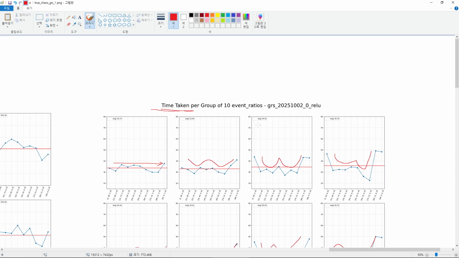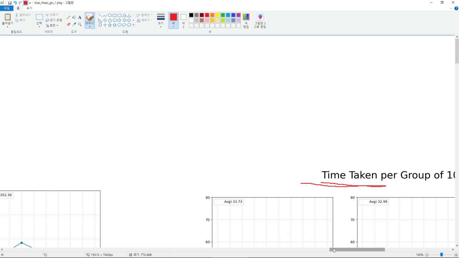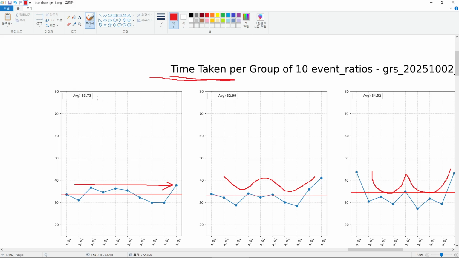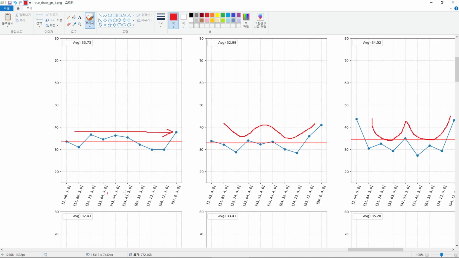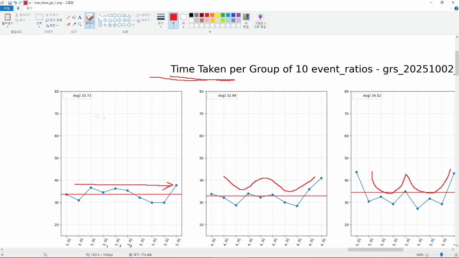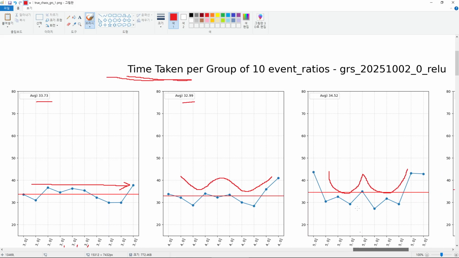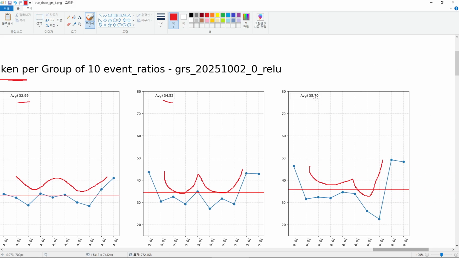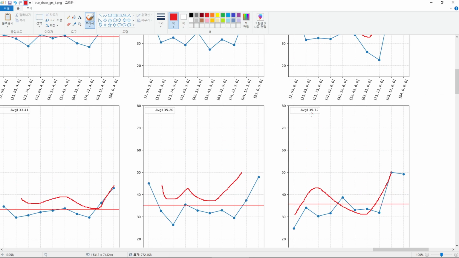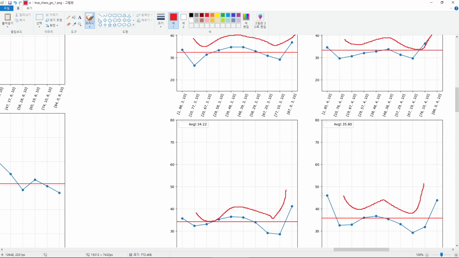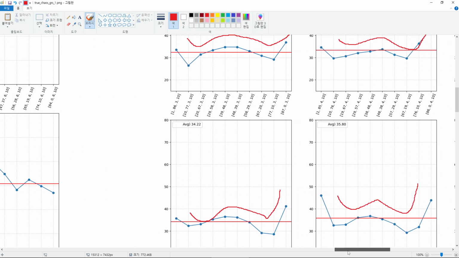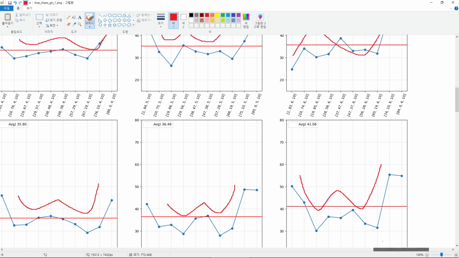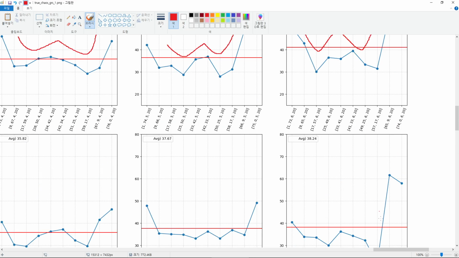However, here, one thing that is quite obvious if you think about it is that the higher the procreate event ratio, the longer it takes. It goes from 33 to 32.99, and then 39.52 to 35.7. Same here. So they do increase. The time taken increases as the procreate ratio increases,